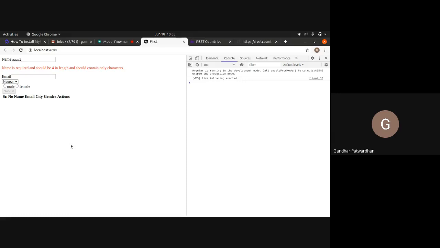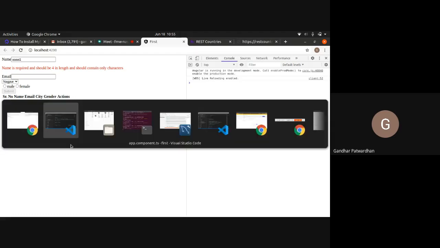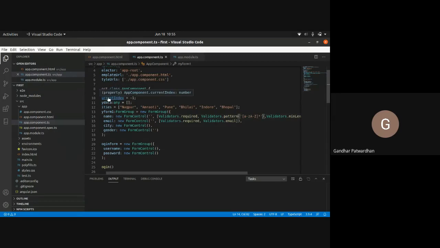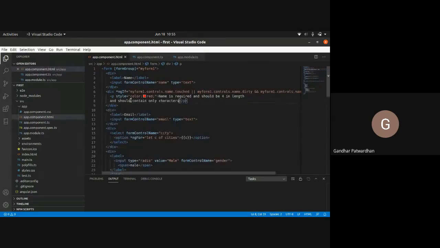Then you should have ngIf everywhere, so instead of one single thing, we can have ngIf equal to my form dot invalid. If you do that, you'll be able to check. Is it clear? It would require a little bit of logic and it can be done.